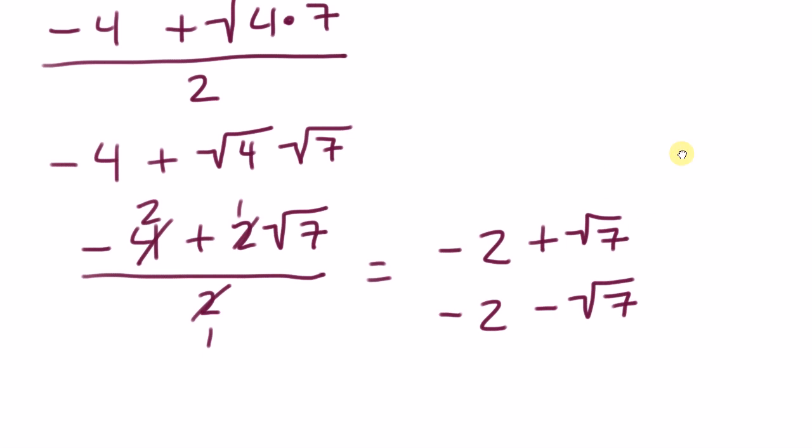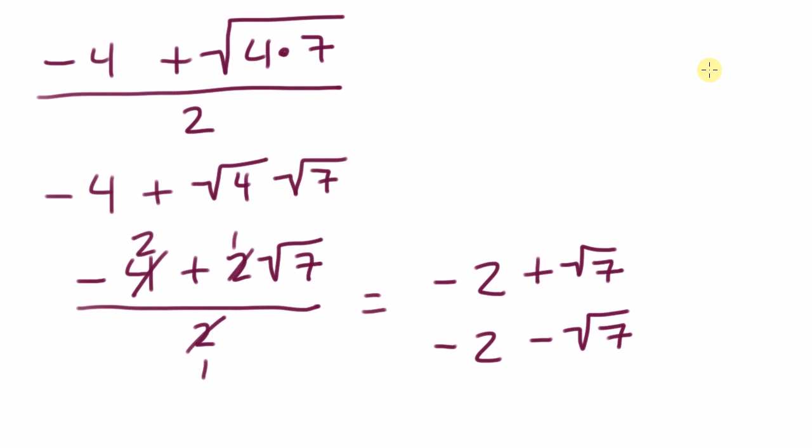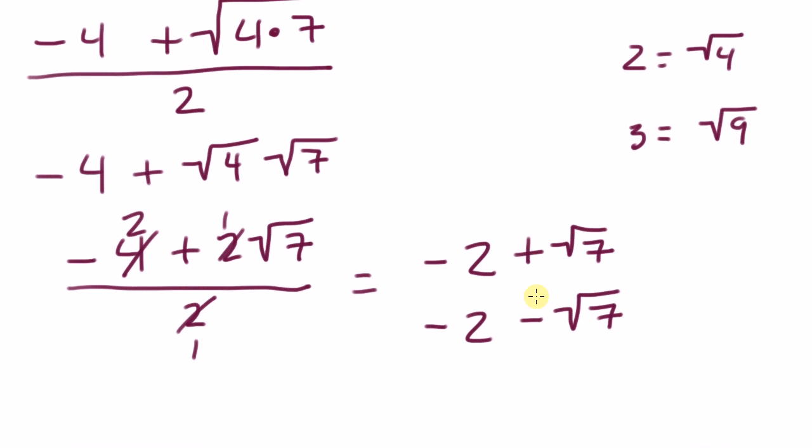Now, the square root of 7, let's look. We got the square root of 4, which is equal to 2. The next one we have is the square root of 9, which is equal to 3. So this value is in between 2 and 3. Which one is it closer to? It's going to be closer to 3. So I'm going to say that it's probably going to be like